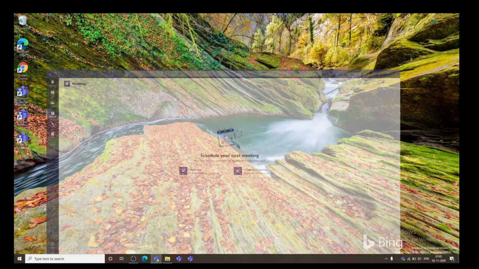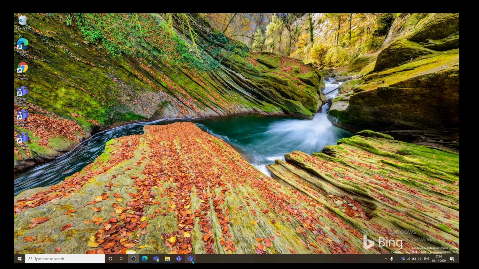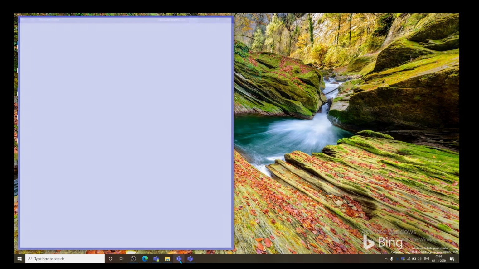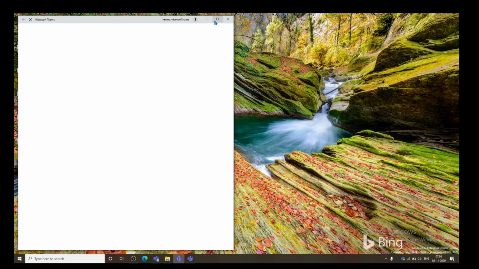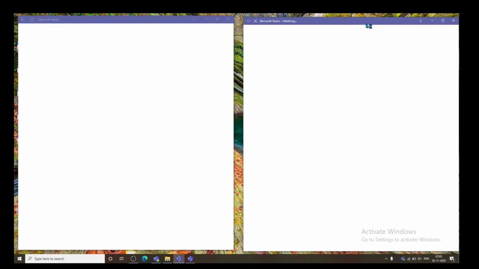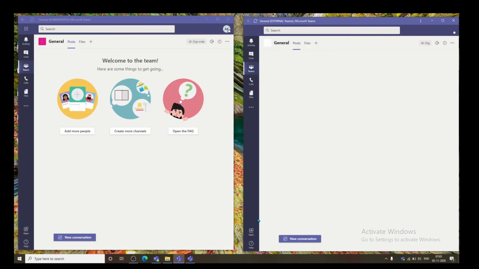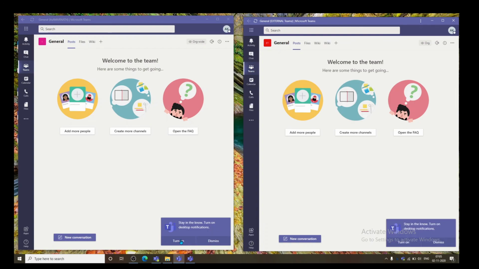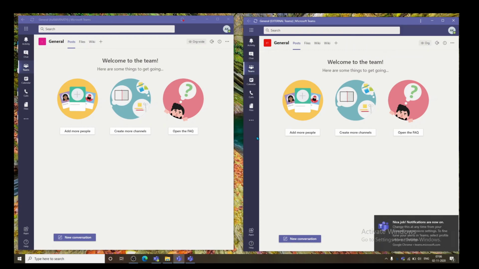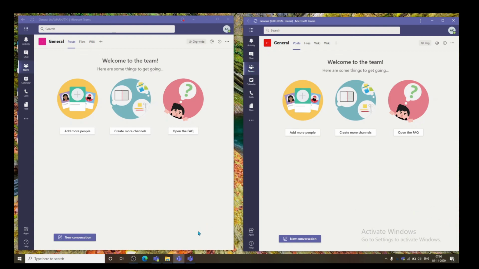So this is the desktop application. To open the other applications like Personal Teams or the other organization's Teams with a different account, we can open them from the desktop itself and have a similar user experience to a desktop application. So turn on the notifications. You will receive the notifications on the screen itself, similar to the desktop app. So thanks for watching.